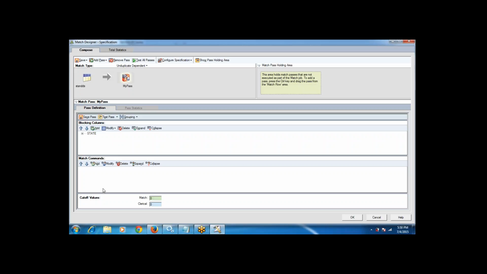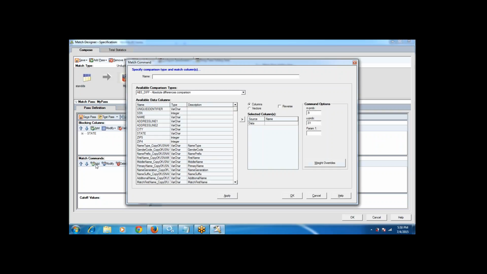Okay, and then match commands. So let me go to the match commands now. So this is how the match commands property window will look like. So here you need to select what is the match command, whatever match command you want to apply on your input data. So let me take the name field,